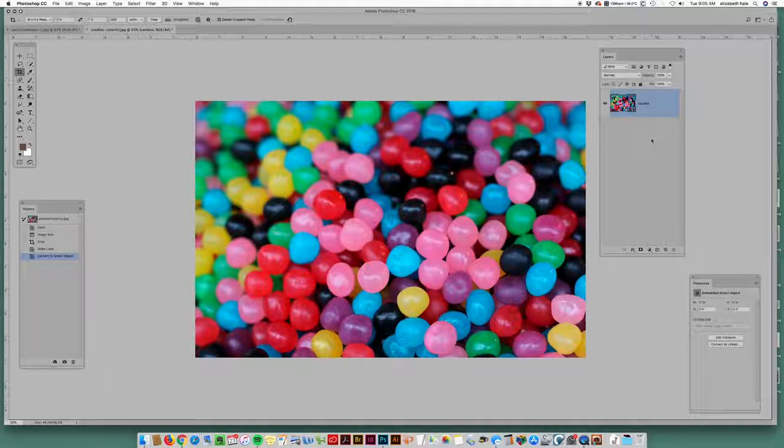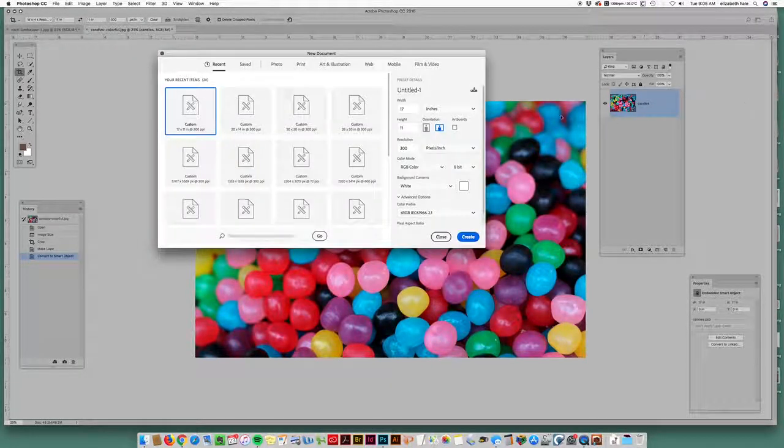Let's also pull that over to a host document, which we need to make. So when we say a host document, we simply mean a brand new blank layout that is where we bring all of our smart objects onto. So Control or Command N for a new document, and look at that, it's actually already got the size that